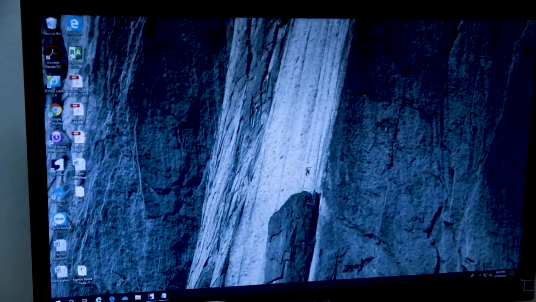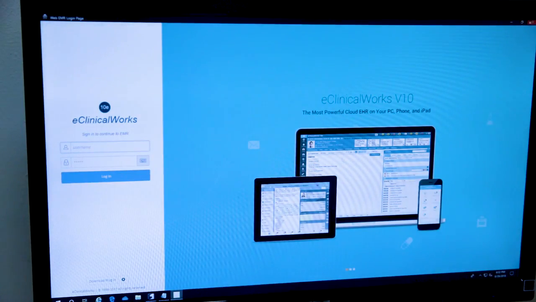Today I'm gonna show you some little tips on how to use our EMR system here in Sinai Medical Center, which is eClinicalWorks. So let me show you how it looks. Okay. So now we'll show you some tips on how to work on our EMR system, which is the eClinicalWorks in